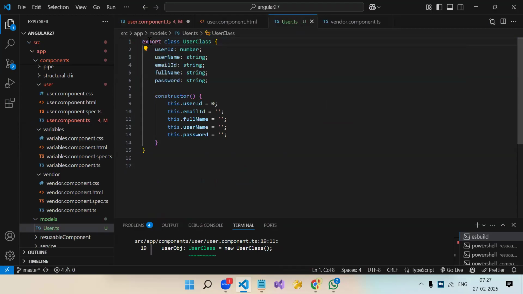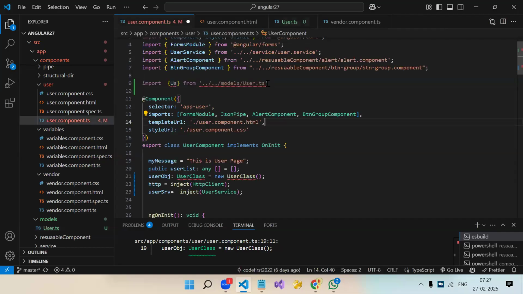Okay, so export means we are saying that this class can be used outside this file. When you add the export keyword to a class, you are allowing this class to be used in another file, outside of this file. So whenever you create a class, you have to add the export keyword.